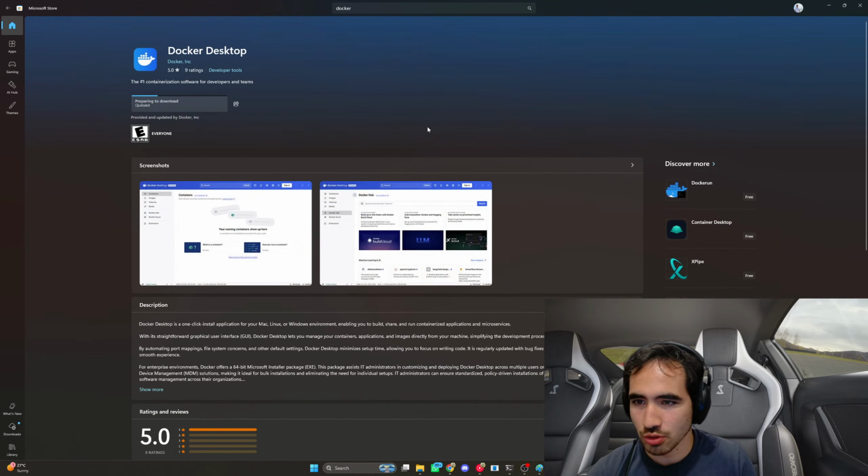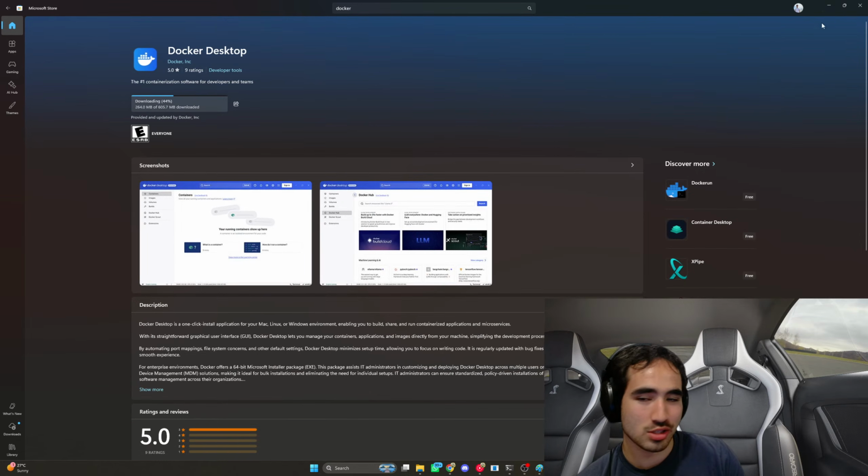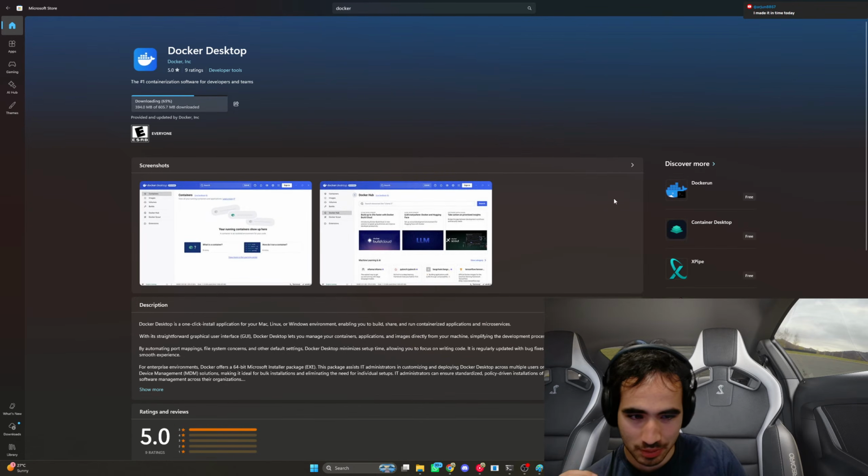So for those of you who don't know, Docker is, like it says here, containerization software for developers and teams. What does that mean? We have this problem a lot in software development where you create an application, and then you're like, oh, it's working properly on my machine.